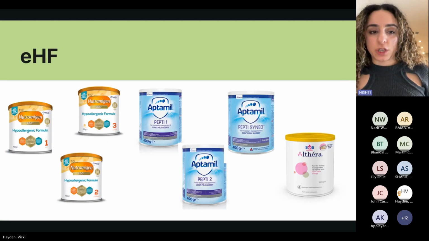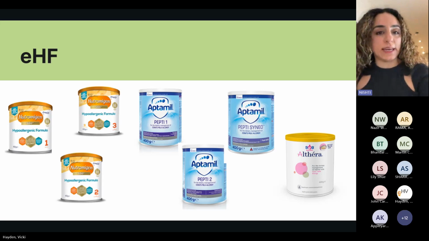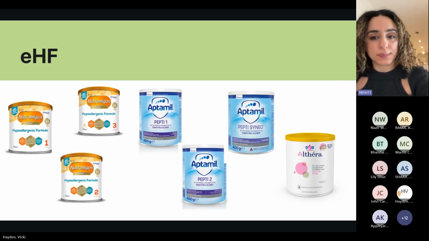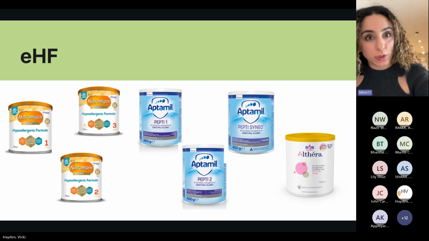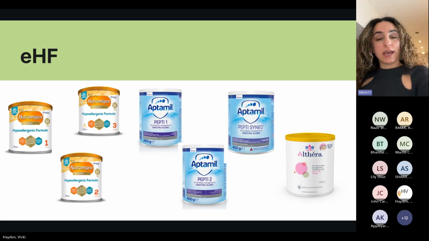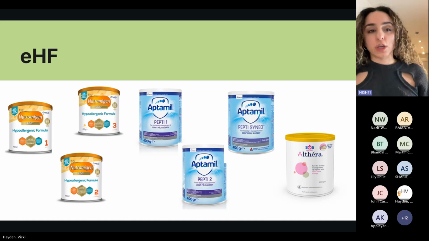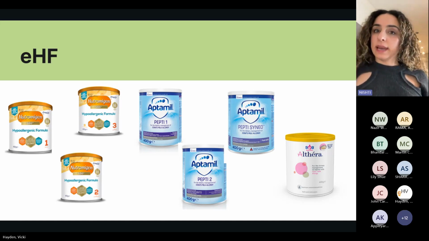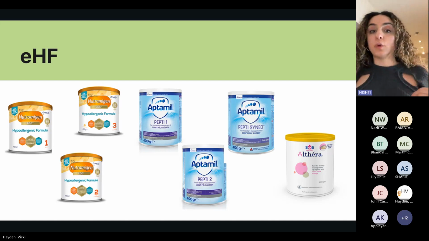So the Nutramigen range doesn't contain any lactose, whereas the Aptimil Pepti and Althera range contain lactose. So if you have a child with suspected non-IgE cow's milk allergy and loose stool, so maybe they have cow's milk allergy and secondary lactose intolerance, if you were to prescribe Nutramigen, because it doesn't contain any lactose, brilliant. But if you were to prescribe Aptimil Pepti, but they have diarrhea, and we actually had a patient yesterday